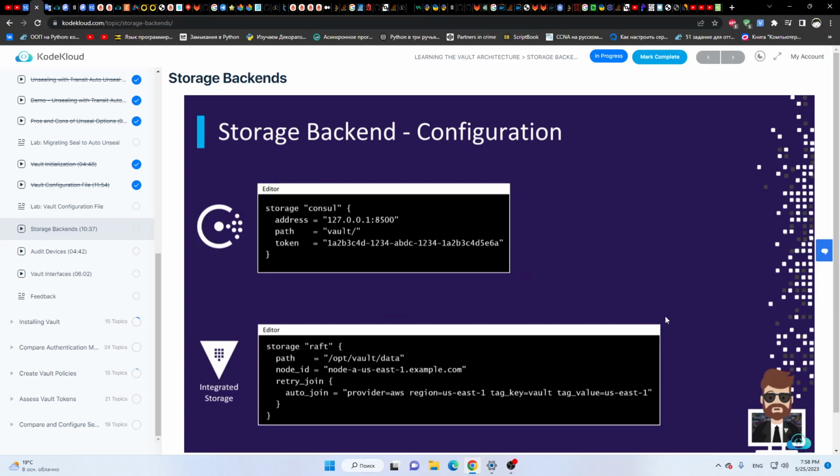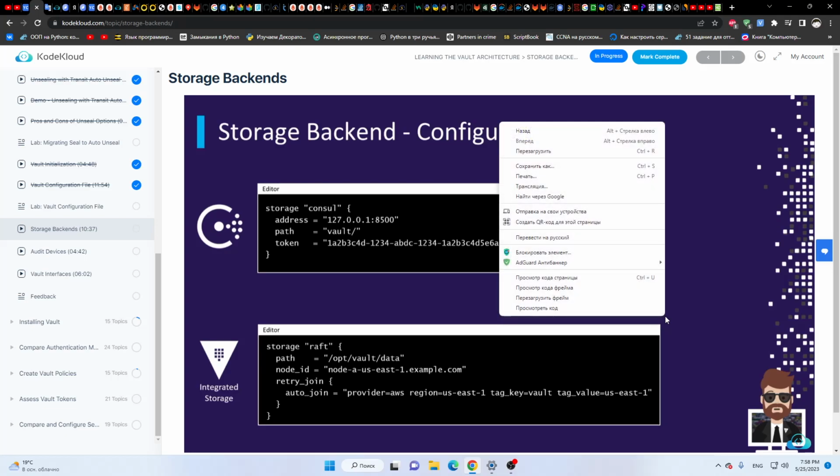All right, so how do we configure our storage backend? We saw earlier in our configuration file that we configure it in the storage stanza. The two examples I have here are Consul and integrated storage. Again, these are probably the two most popular ones. So for Consul, we define it as consul up here. The address is